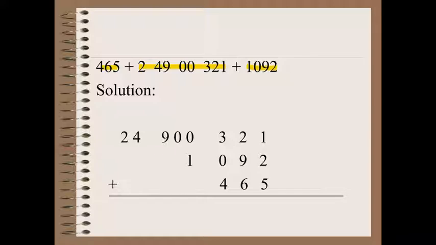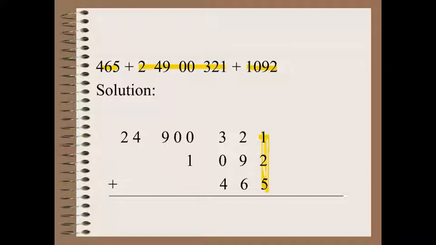But when you are doing subtraction, you must keep this in mind that we cannot change the order of numbers. Now for adding it, again we will start doing the addition from the ones column. So first of all, we will add these three numbers. 5 plus 2 is 7, plus 1 is 8. So 8 will be there.